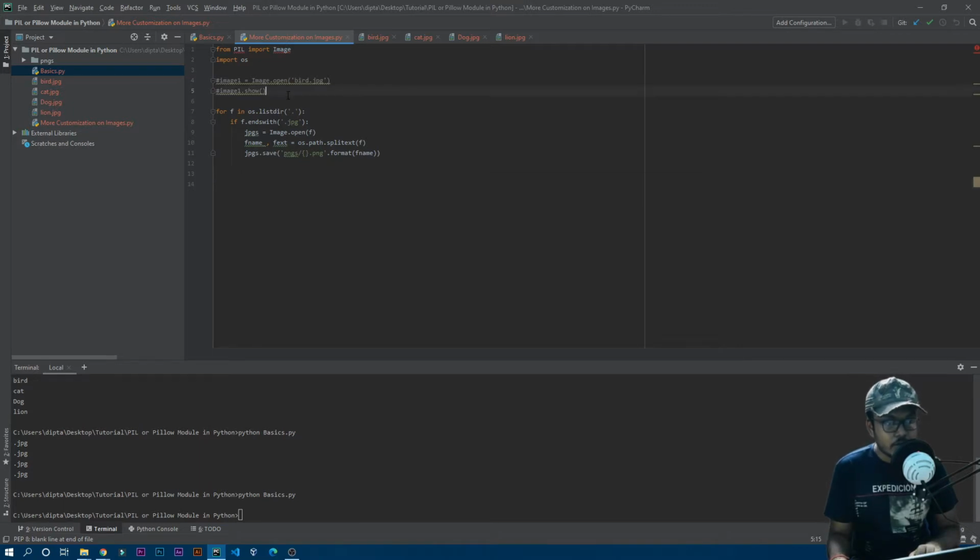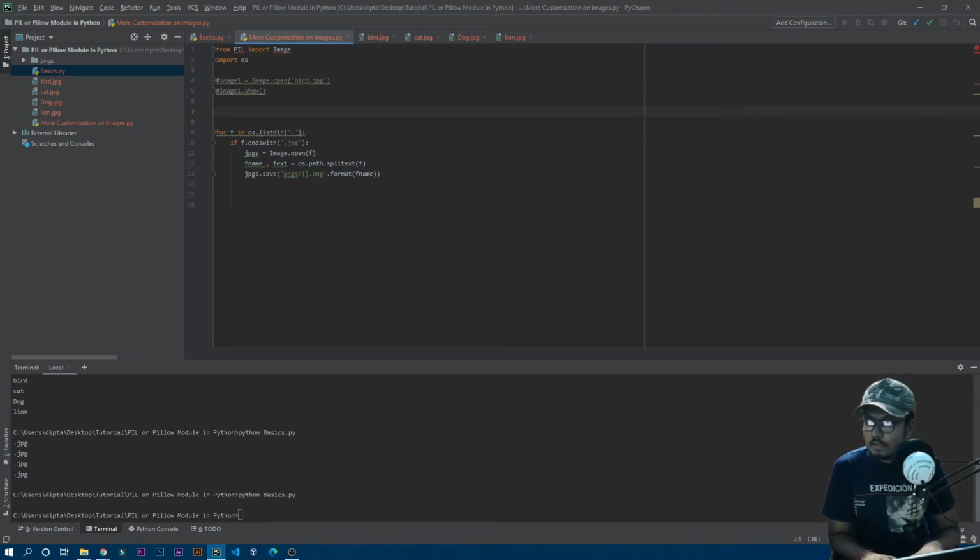Okay, so obviously we just need to save the file size which we want to convert in a variable, right? So I'll just quickly make a variable called size or new size. Okay, so new_size will be equal to, so now assume we want to change the file dimensions to 500 by 500. And actually you can clearly see over here we are just going to save those files inside the pngs folder. So let's just quickly